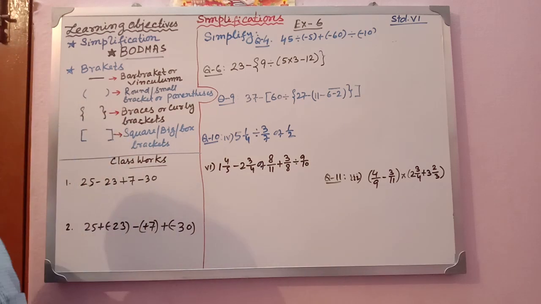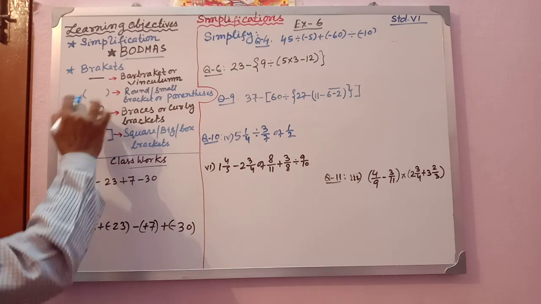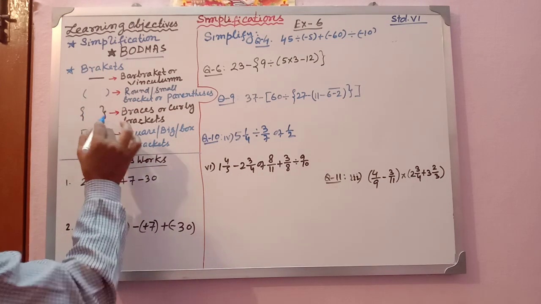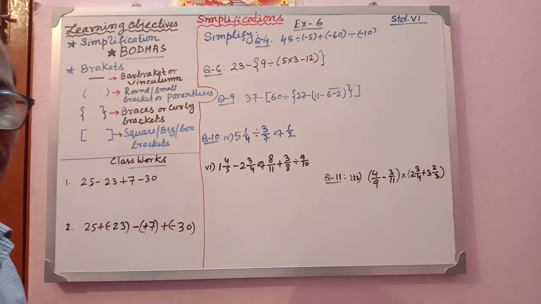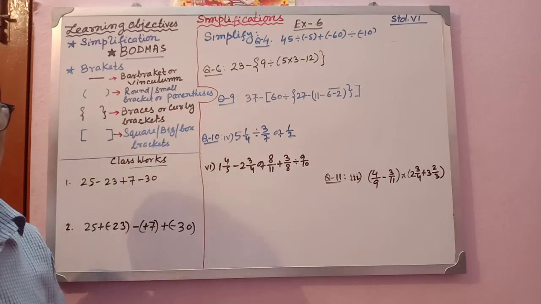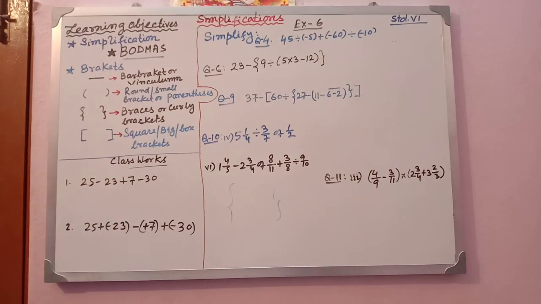The second one is called round bracket or small bracket or parenthesis. Parenthesis, you should also know, is a slightly hard English name, but you have to understand that it is a round bracket or small bracket. We sometimes call it a simple bracket also. Now this is called curly bracket. You say curly bracket, I say braces. Another name is braces, B-R-A-C-E-S. Then next is the square bracket or big bracket or box bracket. So at last the bracket work will be the box bracket. I hope you have understood it.